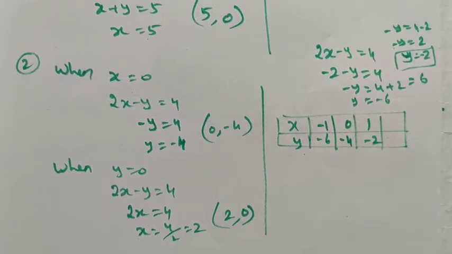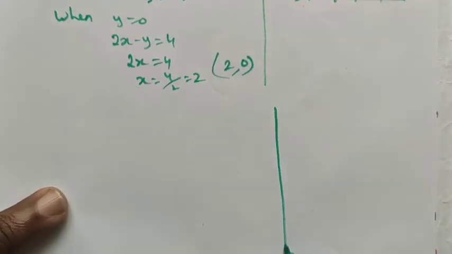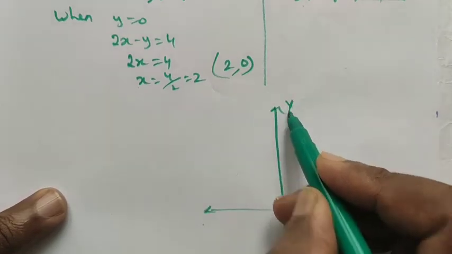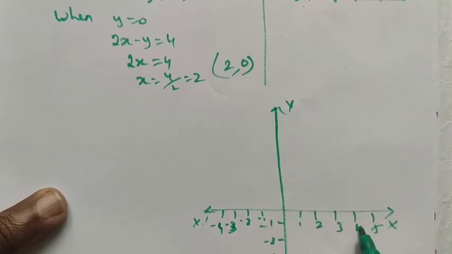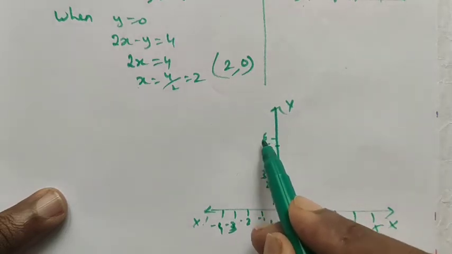Right? Now we have to represent this on a graph sheet. Simply, I take the graph with x, y, y dash and x dash. Right? Here in y we have the terms minus 1, minus 2, minus 3, minus 4, minus 5, minus 6. Here we have minus 1, minus 2, minus 3, minus 4. In x we have only minus 1 to 1, right? Scale factor is on the x axis 1 centimeter equal to 1 unit, on the y axis 1 centimeter equal to 1 unit.